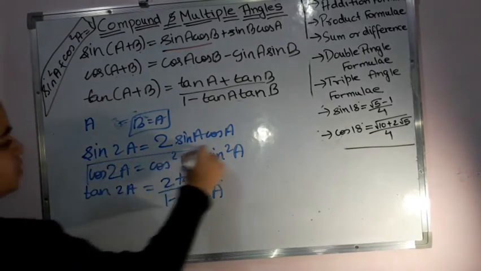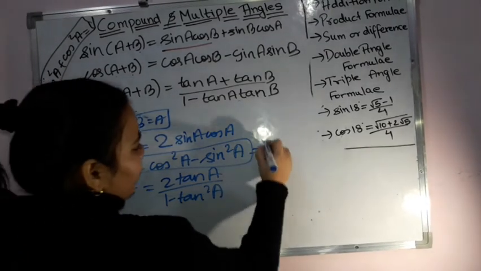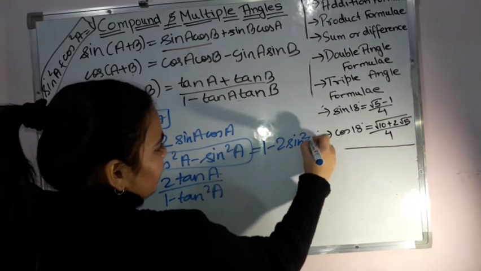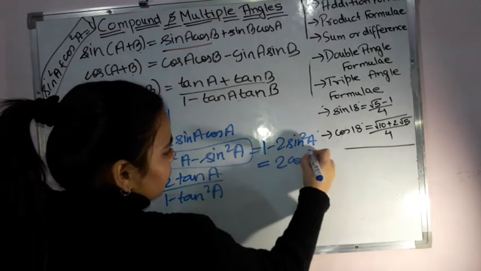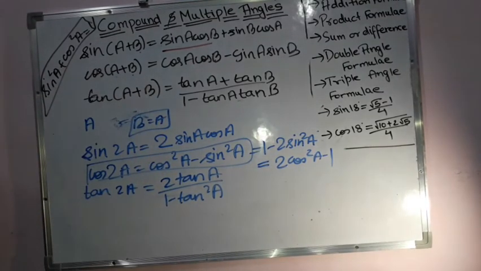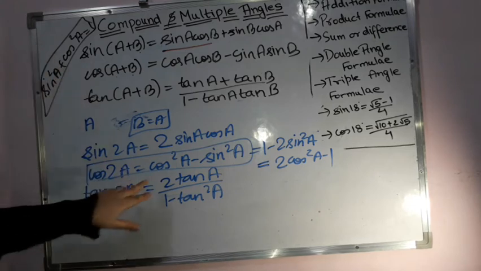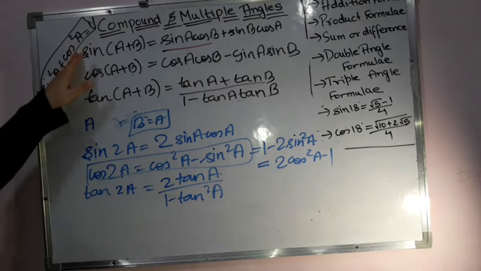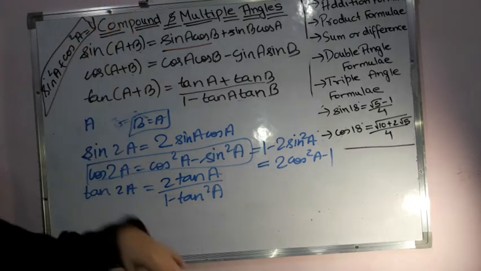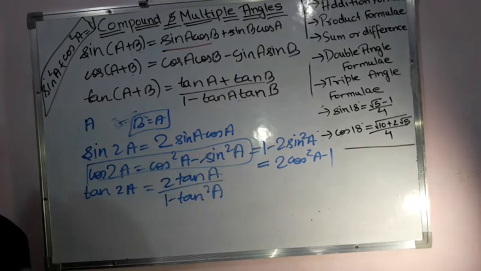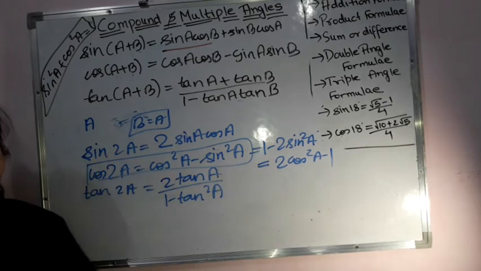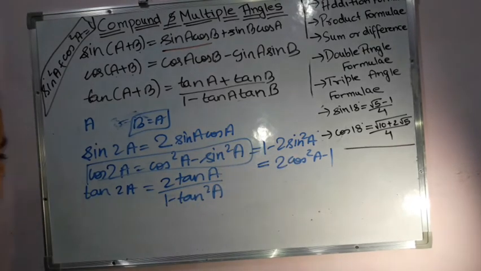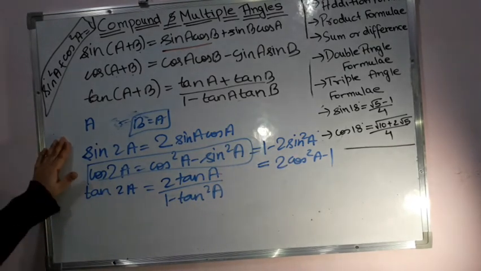Now for this cos 2A value, we have also got it as 1 minus 2 times sin square A, or that is also equal to 2 times cos square A minus 1. How come? Because with the help of the formula sin square A plus cos square A is equal to 1, I can write cos square A at one time equal to 1 minus sin square A, and in another case I can write sin square A is equal to 1 minus cos square A. Then taking the things common, you can get this, right? So these three are known as double angle formulas.